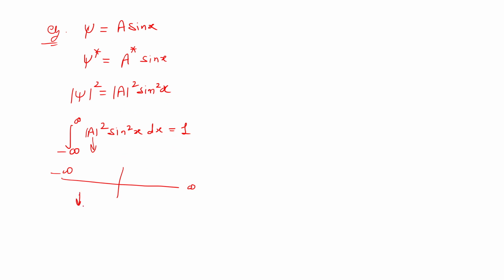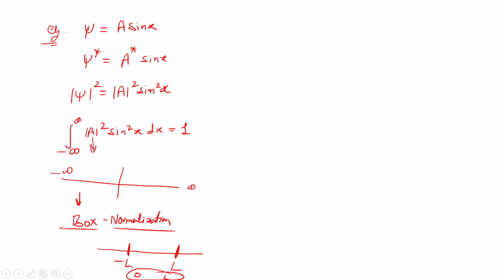So for that, the concept of box normalization comes into the picture. Very important thing, box normalization. Basically here you will not go for the entire range. You will confine it to some particular range. Let's suppose here from minus L to L, or 0 to L, you can confine your system. So you will not go for the entire range of x. You confine it to a particular length. That is basically called box normalization. You can choose your length accordingly. In that case, you can simply integrate the function and get the value of the normalization constant a. So we will do that